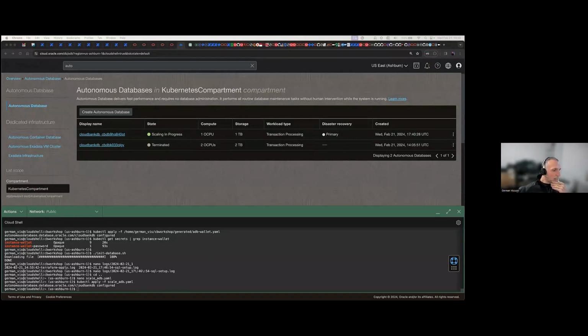But basically, then we can say kubectl patch and pass the specific fields that we want to change. We might want to scale this database back again to being 1 and 1, 1 CPU, 1 terabyte, and we can just patch the existing spec. So OraOperator has a reference to that spec. We don't have to provide a new one all the time. We can just edit or patch the existing spec to make the database be what we want it to be. Okay. All right. So we could also do this from the command line.